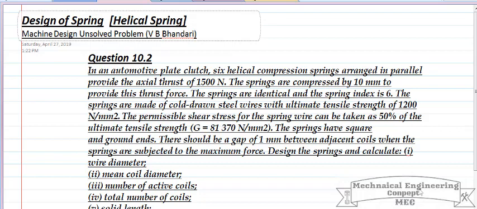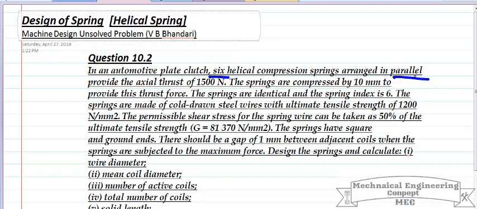In this lecture, I am going to solve question number 10.2 taken from the Machine Design book written by V B Bhandari, and the chapter is related to the design of the spring, and this topic is related to the helical spring. The question is asked that in an automotive plate clutch, 6 helical compression springs